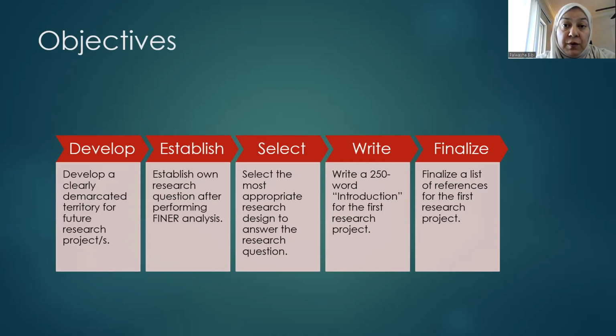if it gets published. If we are able to provide evidence through our research, if we are able to provide data from our research that helps further research, that helps further innovation, that helps further development. So basically, once we have decided on a design, we should be able to do a full background search and provide a justification as well as the introduction of our research topic. Then we finalize a list of references for the research project.